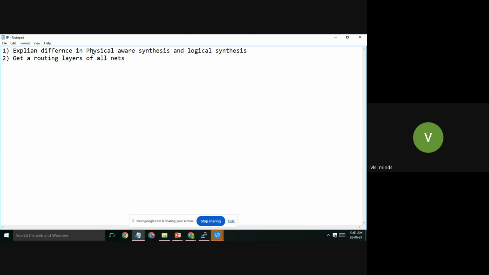Third, methods to fix antenna violation.